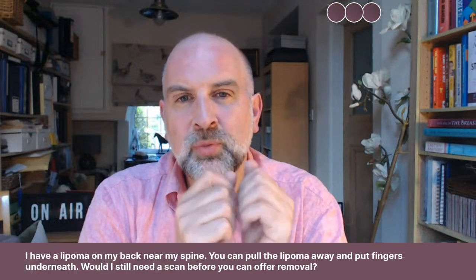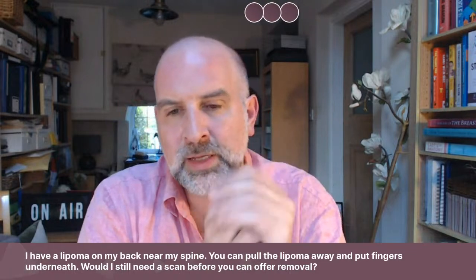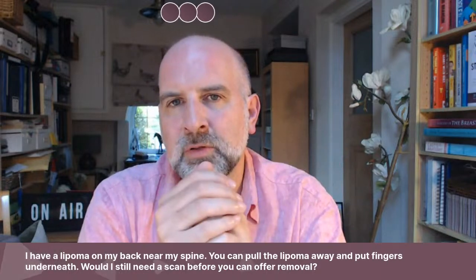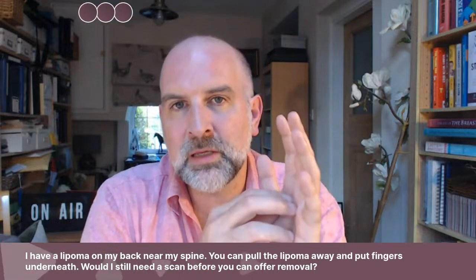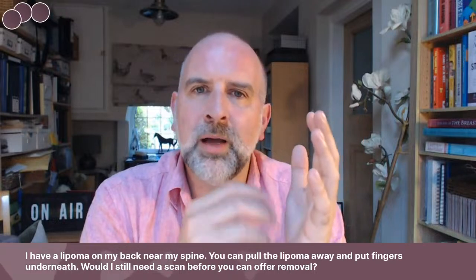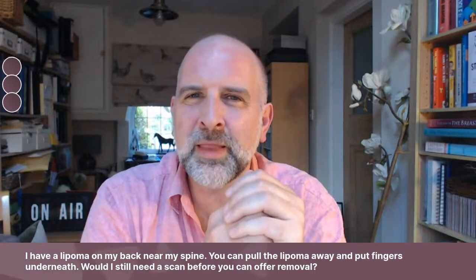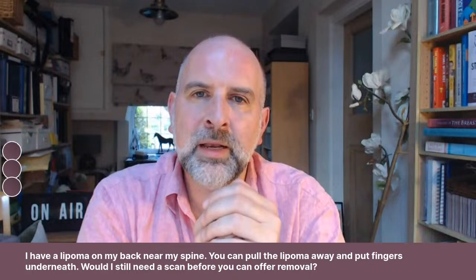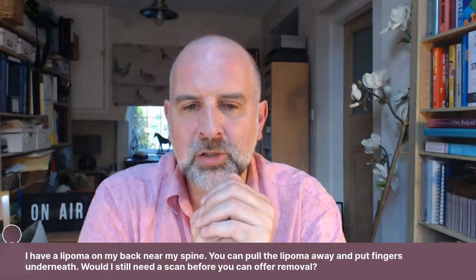I guess size will be important. If it's big, they'd be more likely to be concerned about needing a scan. If it's small, less likely. But ultimately, without seeing a photo of this, my general advice on this one would be, if you don't mind, we'd probably ask you to come to clinic and we'd see you. You might want to book a see and treat appointment. But we would reserve the right to say to you, look, I'm not really comfortable removing that based on the history and examination that I've ascertained here in the clinic, and I think it'd be better if you got a scan, which we can help you arrange